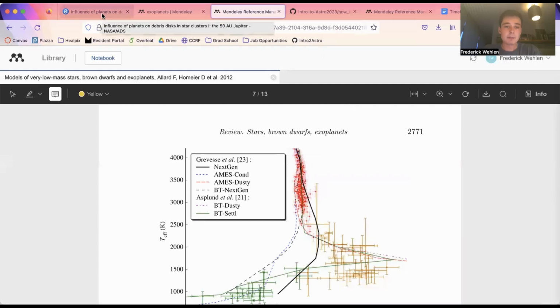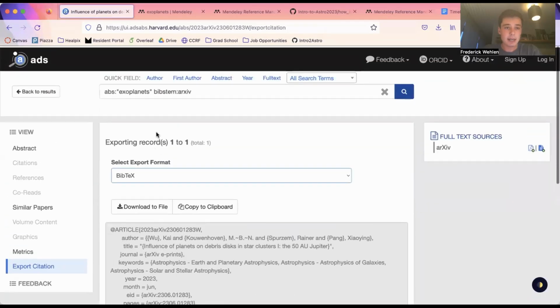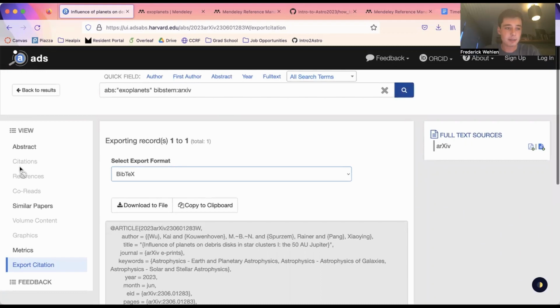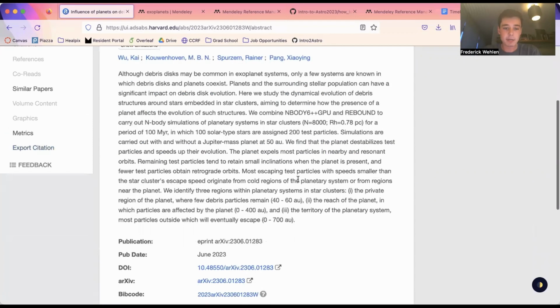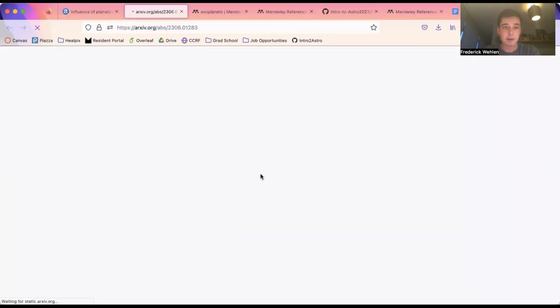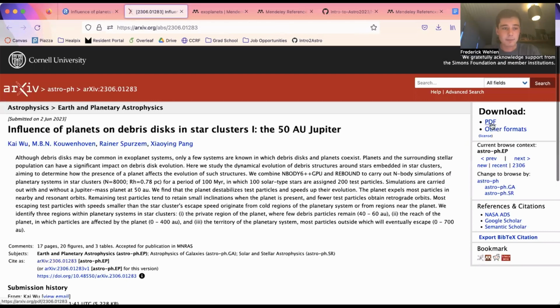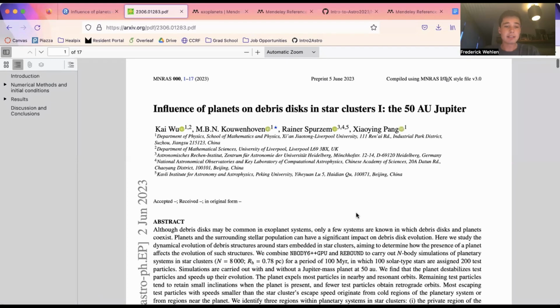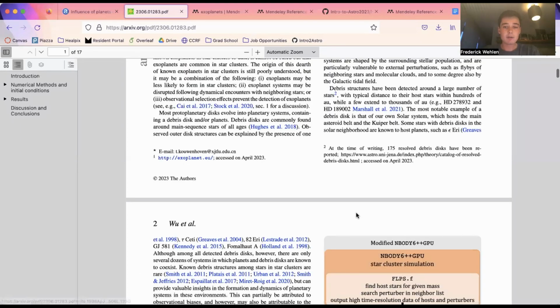So let's take a look at this paper, which I haven't read, so maybe it's crap, but we can take a look at it and I will show you how I would go about reading it. So the first thing to note is that with any paper,